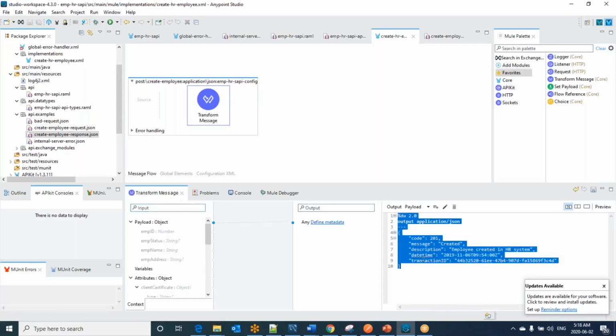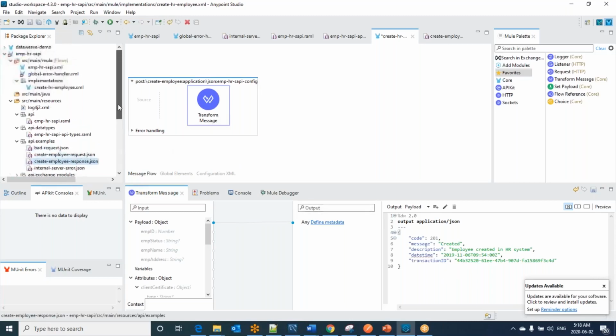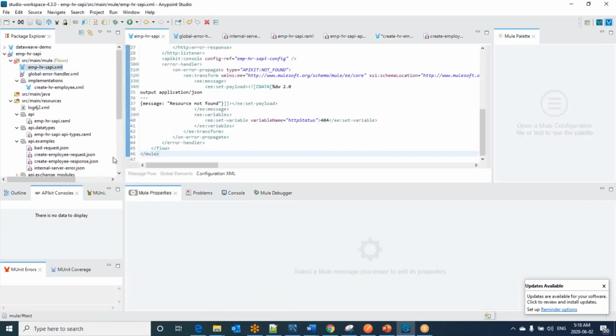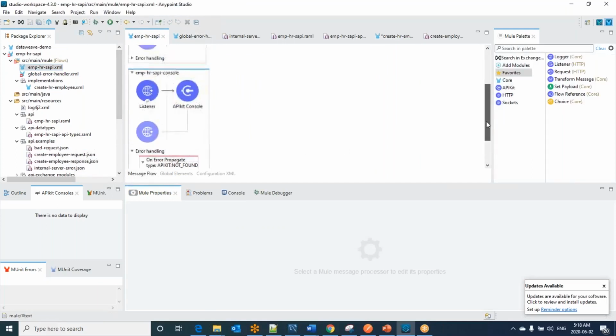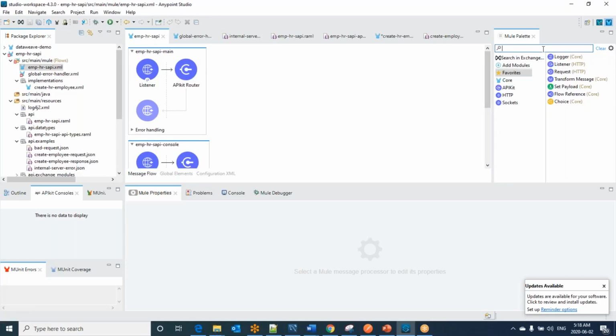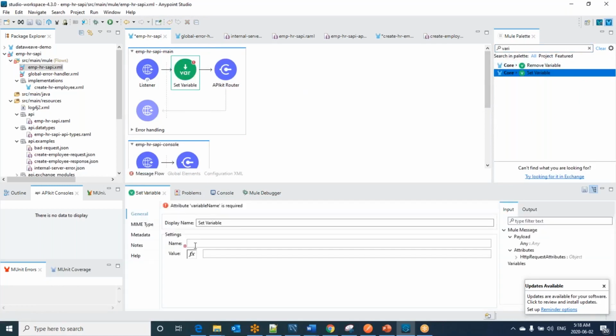After successful insertion, here I should not hardcode the date, or even the transaction ID. Let me create the transaction ID first, then we will come back here and continue with the development. According to the trait, we created the transaction ID over the request in RAML. That means we are always asking the requester who is consuming our services to send a transaction ID. So let me put a variable. And as we created the trait, we were expecting a transaction ID.